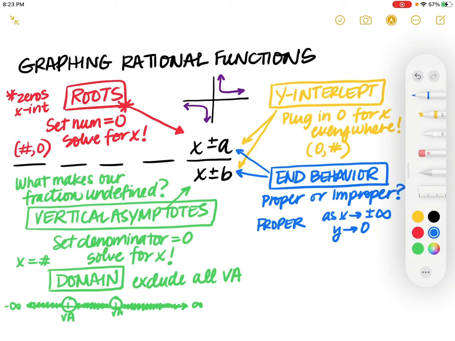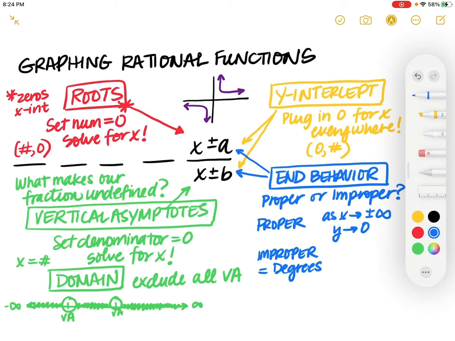So what about improper? For improper, we're forced to think of two different scenarios. What if the degrees are equal? Because at the heart of this, we're really just dividing. If my degrees are equal,